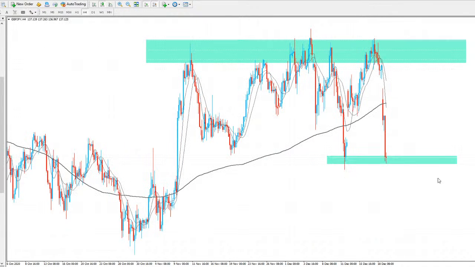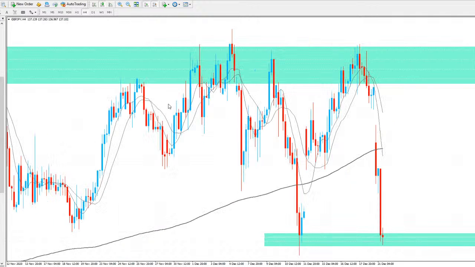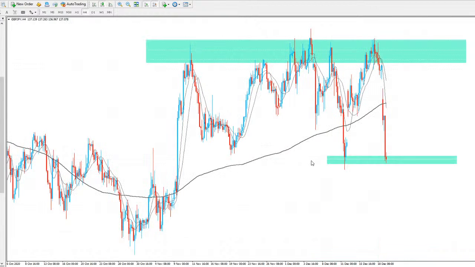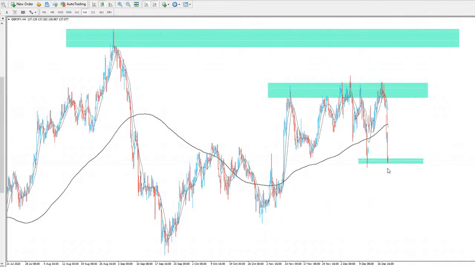I do believe we'll potentially make some lower lows now for GBP/JPY, just because we have this impulsive move. We're going to be expecting some retrace from this move back to the upside, so potentially look to take advantage of a move to the upside, maybe on the hourly time frame. But again, I'll be quite careful for this one because I feel like we've got space to move to the downside for GBP/JPY, potentially break through this level here and create another lower low. I think that is on the cards.